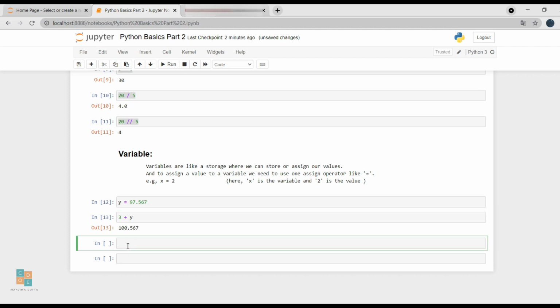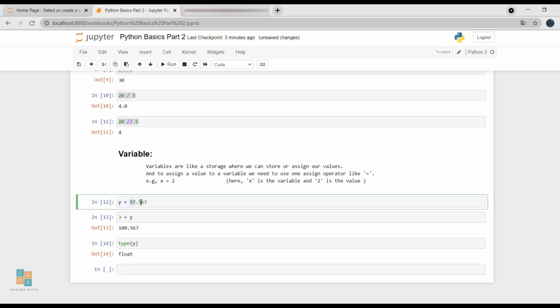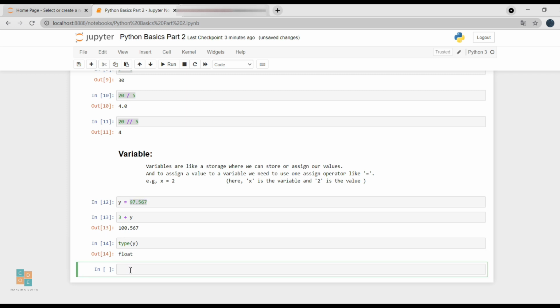And if you now want to check the data type of your value, you can also do that. You just need to use the type command we used before, and within the brackets you need to put the variable name. You don't need to put the actual value, you just need to use the variable name. So click run again and see, as it was a float value, it's showing us the float result. So here goes our variable things.